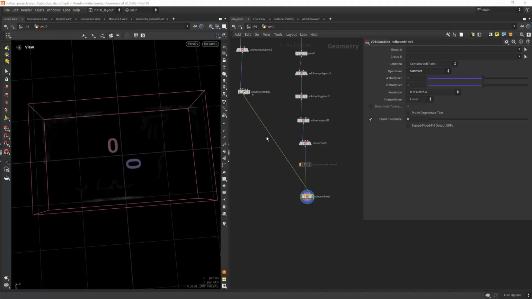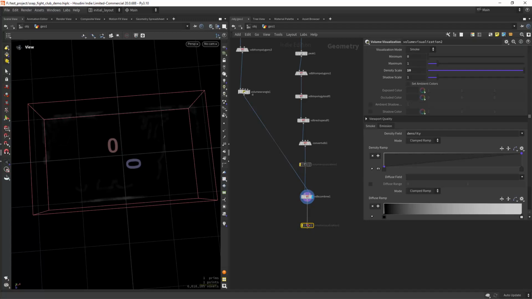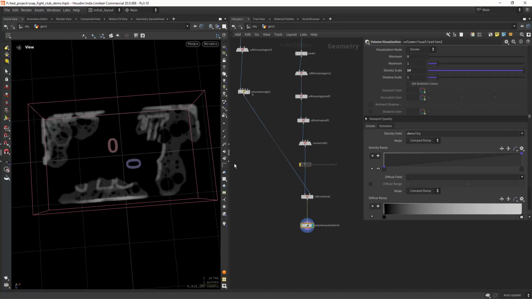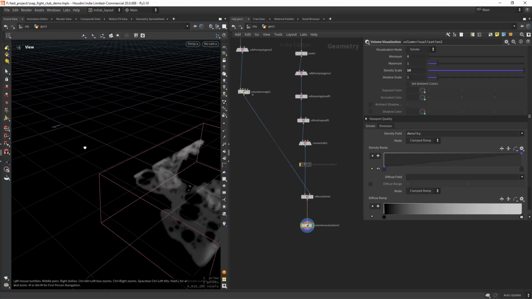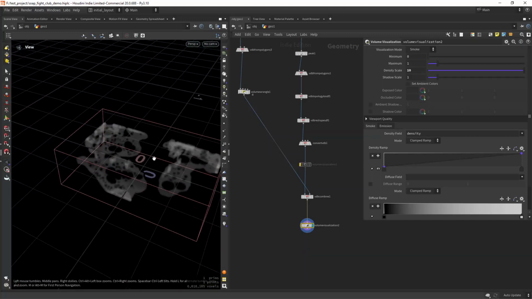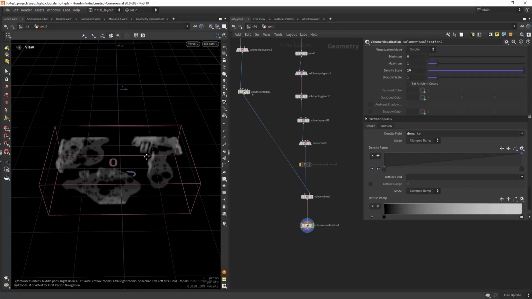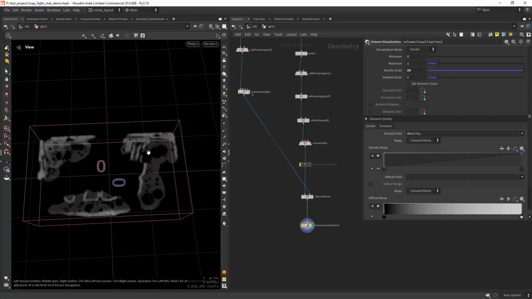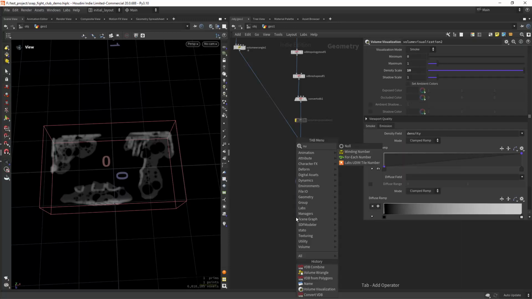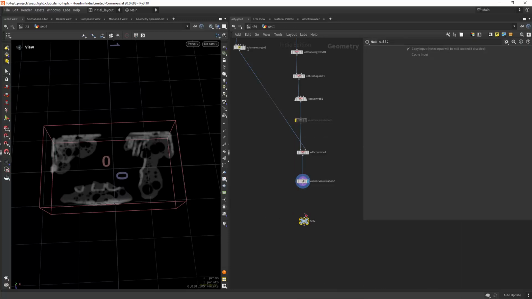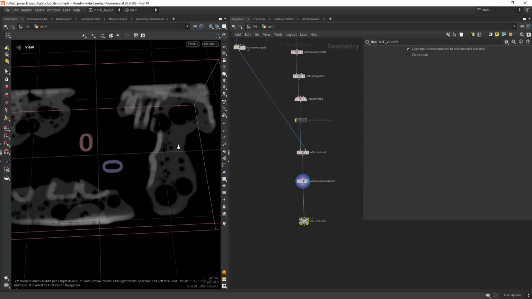And let's create a volume visualization in here and increase it. So we get this result, which is fine. So this is for the foam, and we can create a null and call it out volume. But this